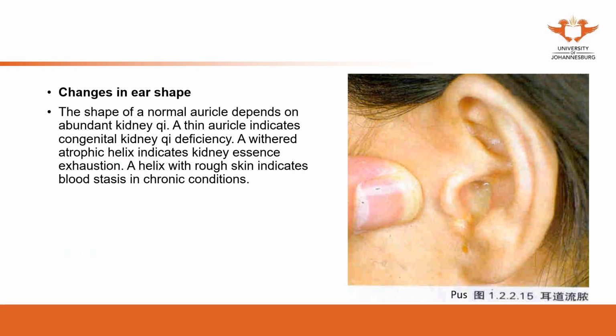The change of the shape is in the previous image. From this image, you can see some pus in the ear. That's the inflammation of the ear. So how do we understand it in acupuncture theories? It depends on the other symptoms as well as the property of the pus. If the pus is clear, it is due to the coldness. If it is thick and yellow, it is due to heat. So even for the pus, we're going to distinguish with different signs.